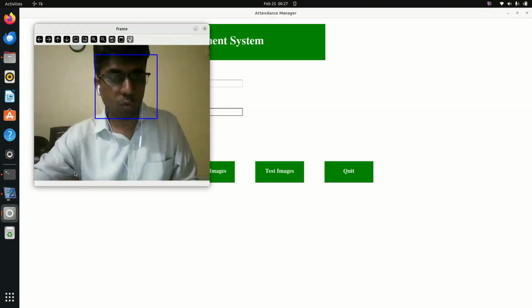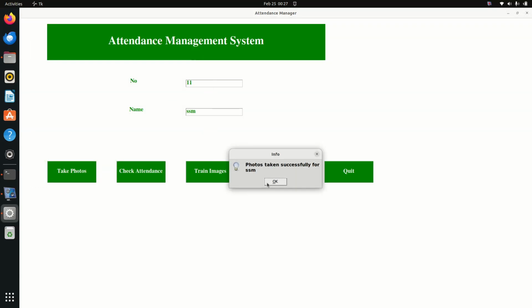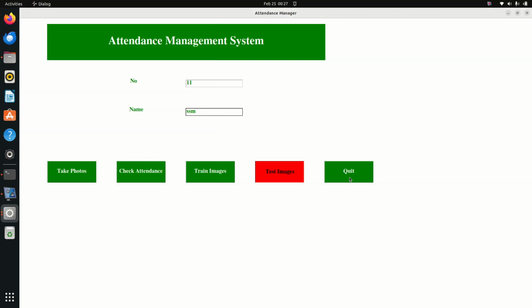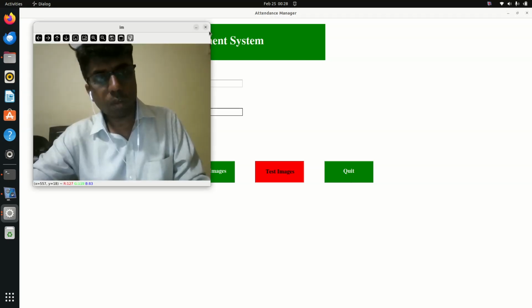Take a photo. Yes, photo has been taken. Fine. Check the attendance. Fine. Train the images. Fine. Test the images. Okay. SSM has been displayed. And wait, we can take